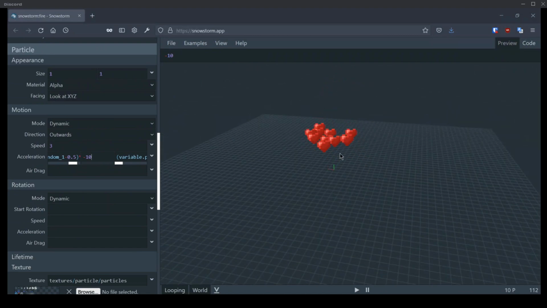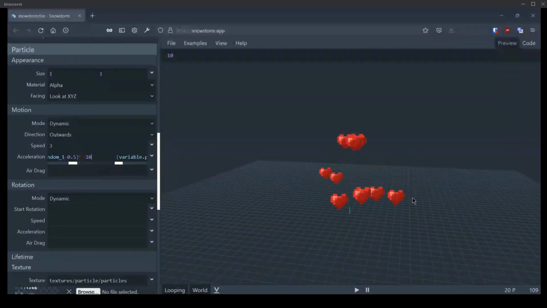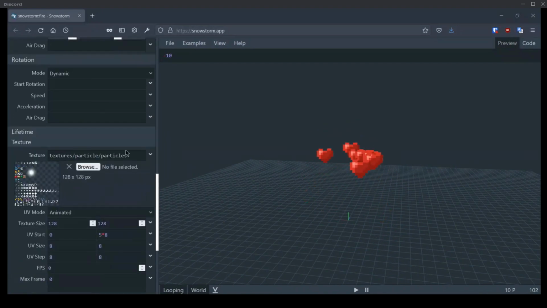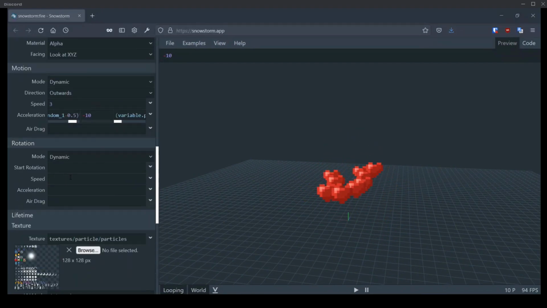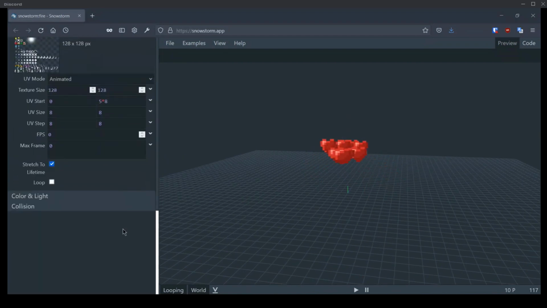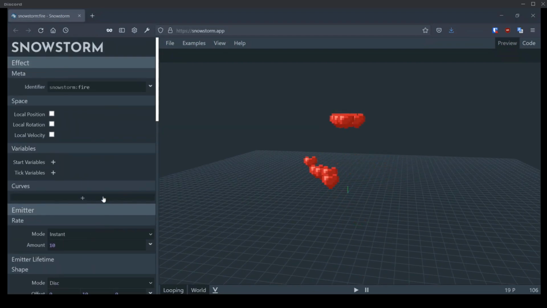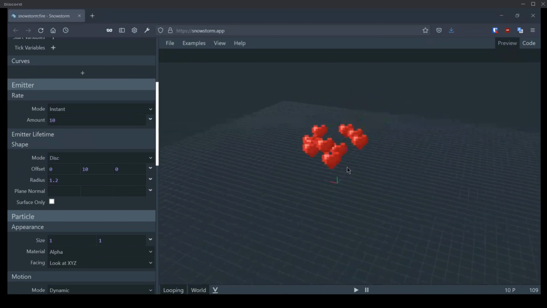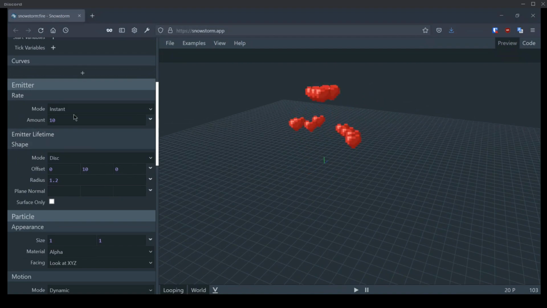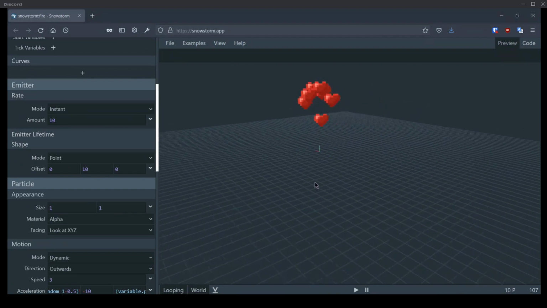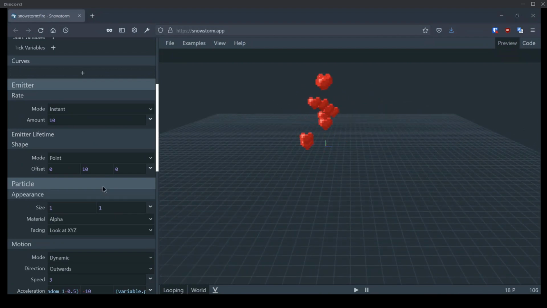I wish we could put entities in here because I'm imagining this as a taming effect. Actually, I'm really glad I handed it off to you because my trackpad just died with no warning. This looks terrible so far. There we go. Disk. That looks way better.